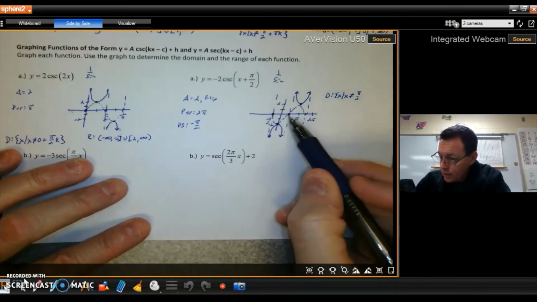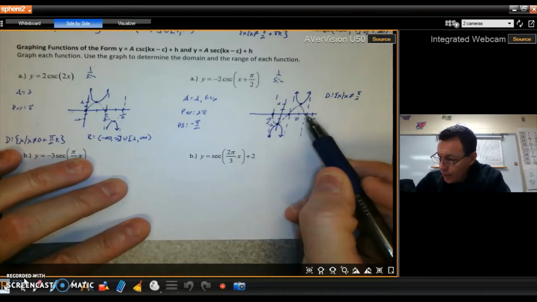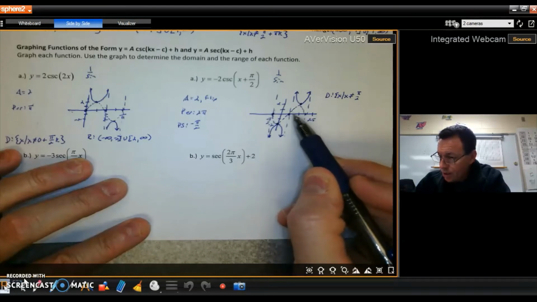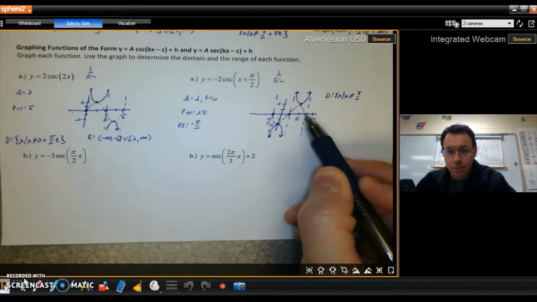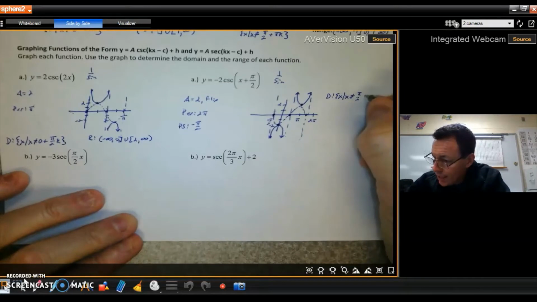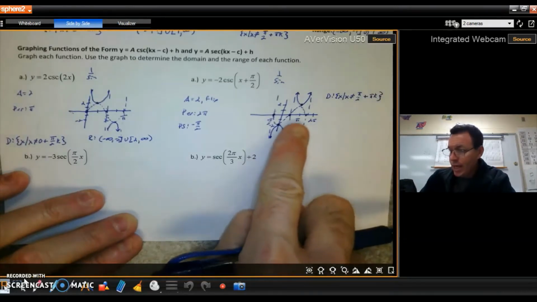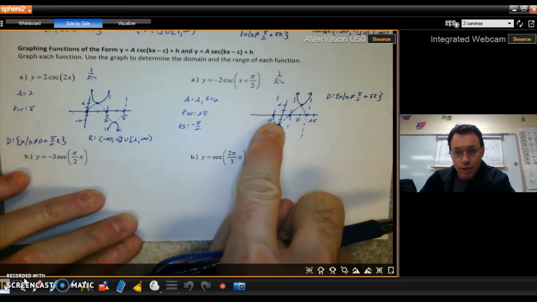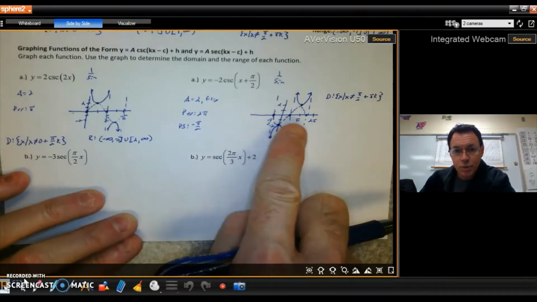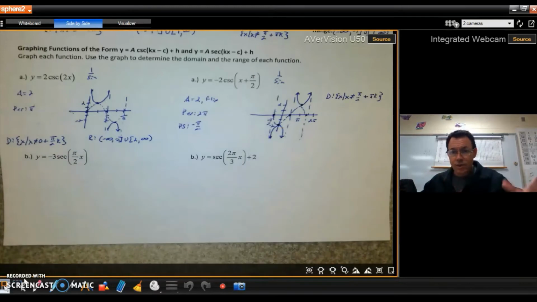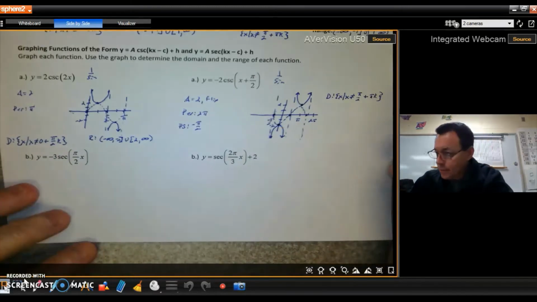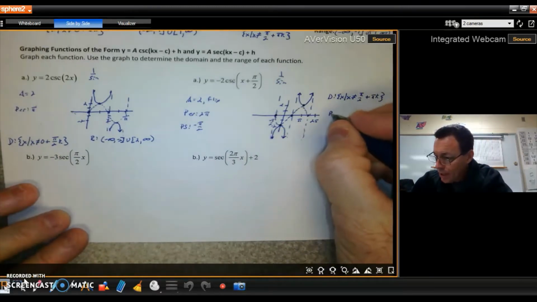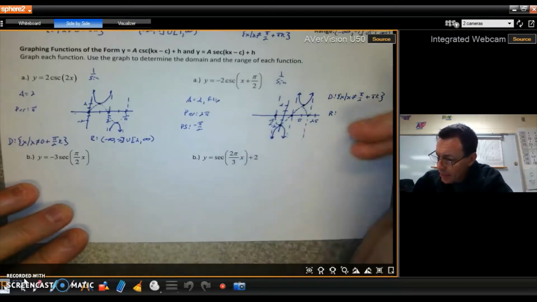And then where's the next one? It's over here, which is 3 pi over 2. So these are 1 pi away from each other. So every multiple of pi, including a negative multiple, which will get you this one, a positive multiple will get you this one, and then all the other ones will come from there. Okay, that's the domain. Range, it's everything from negative infinity